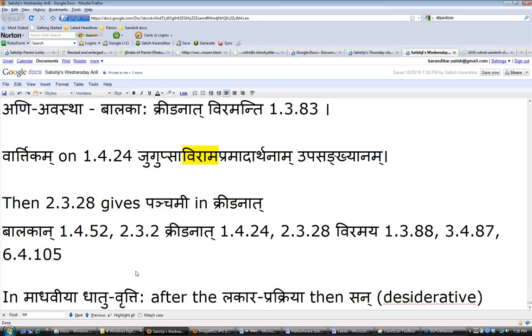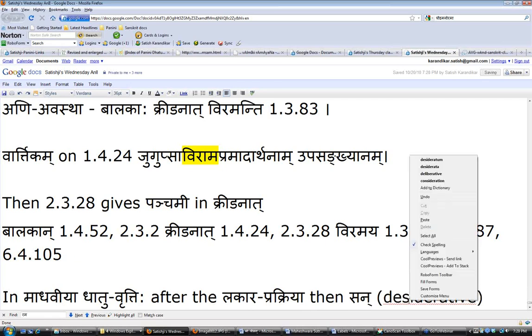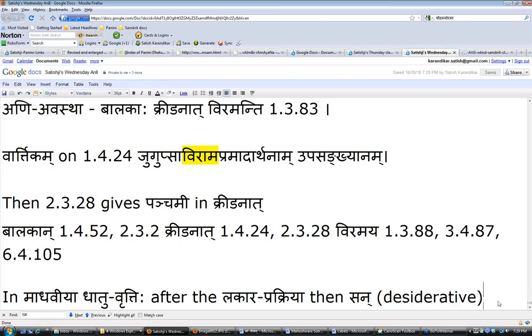Okay, what's wrong with this spelling now? Desiderative. There's no correct spelling. Okay, it's fine. Then he gives the Yanganta, which is going to be the frequentative. So this order is different from the Siddhanta Kaumudi order. That's why I'm mentioning it.